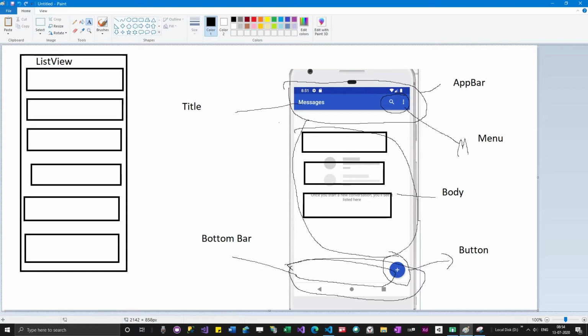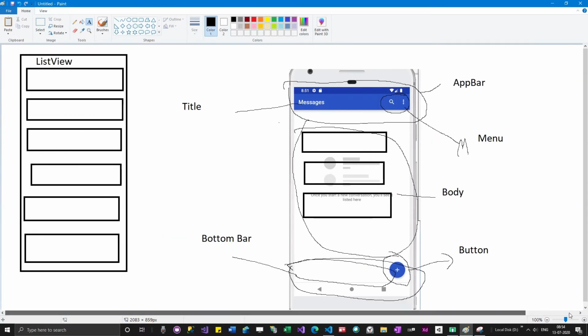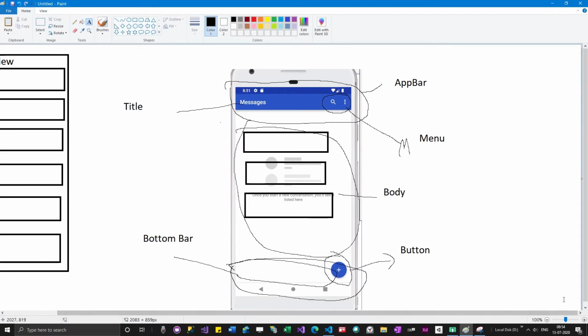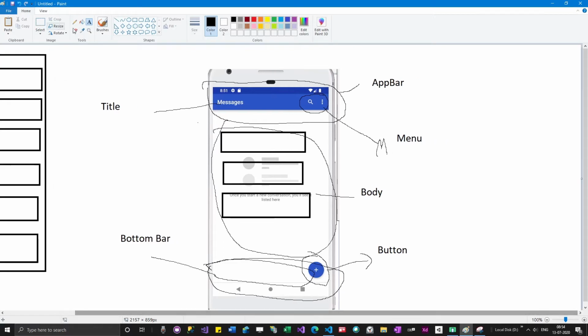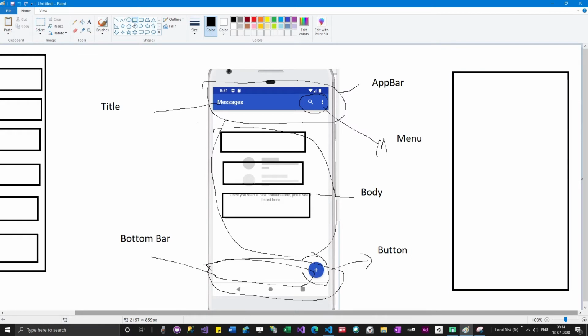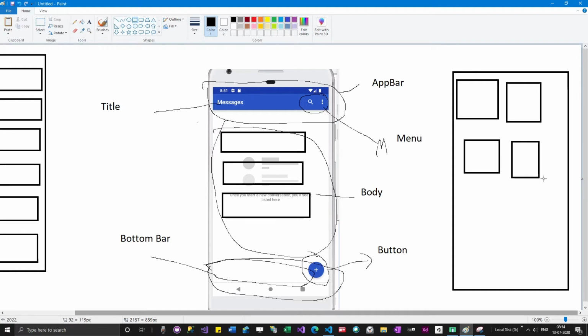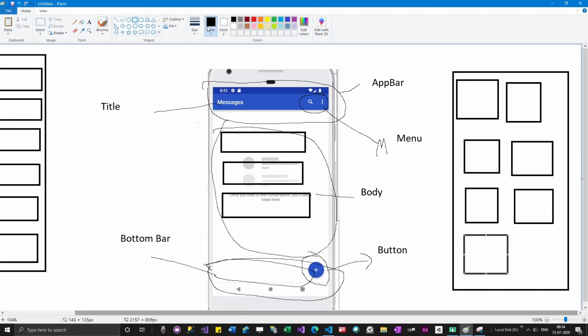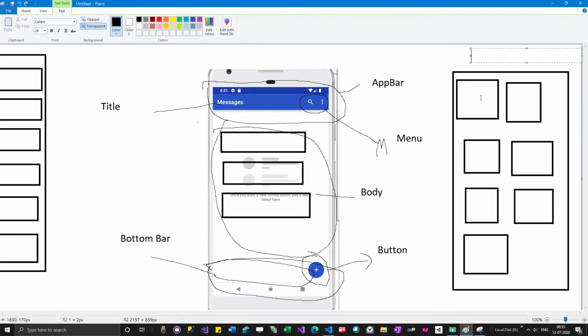Let me expand the screen. If you are having an interface like this, and you see boxes like this, it is called grid view.